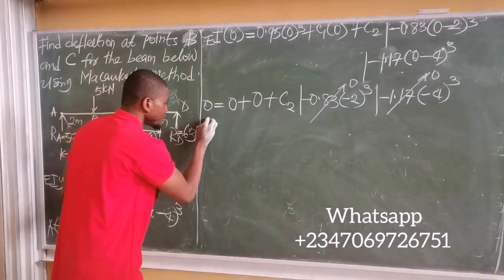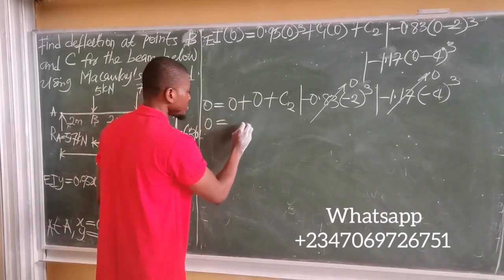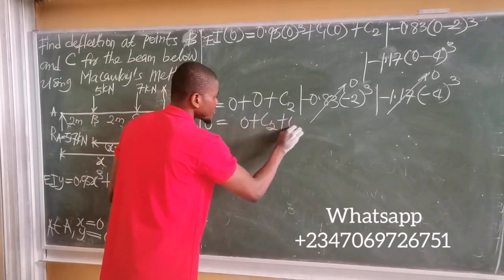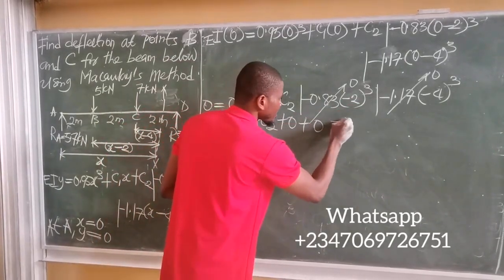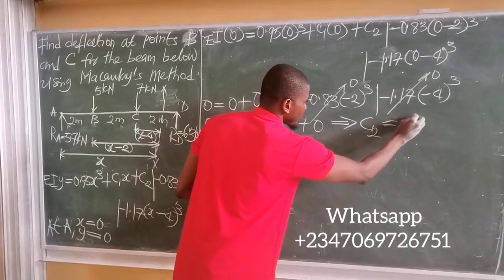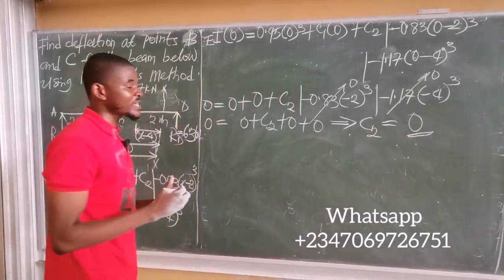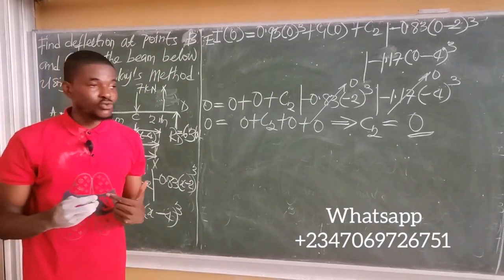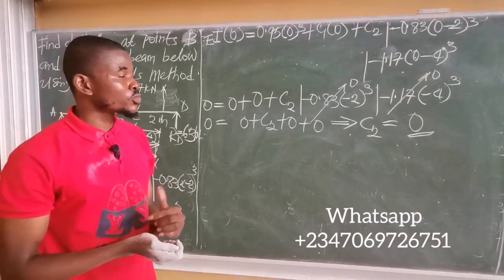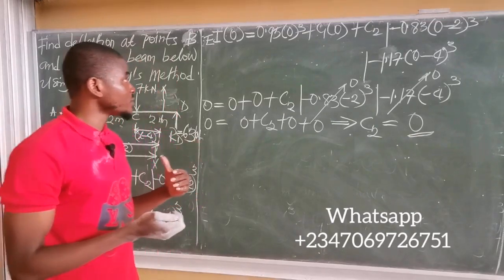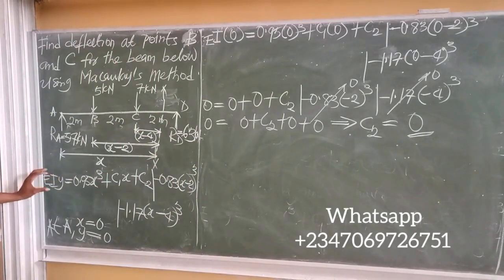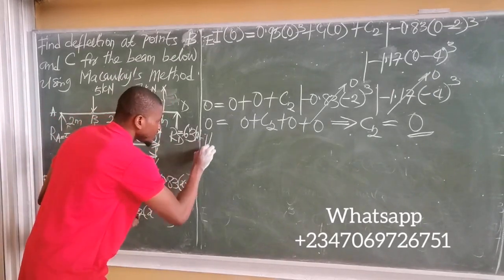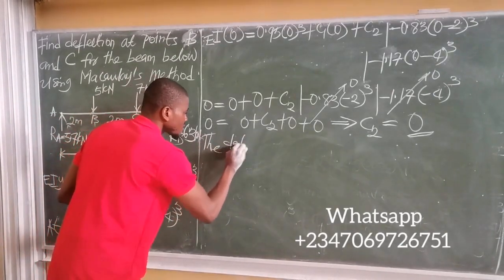It means now that I have 0 is equal to, of course, 0 plus 0 remains 0, plus c2 plus 0 plus 0, because here is 0 and the other is 0. So this simply implies that c2 itself is equal to 0. So that gives you the value for the constant c2. If you've obtained c2, all you need to do is substitute c2 into the deflection equation. Since C2 is 0, the deflection equation becomes